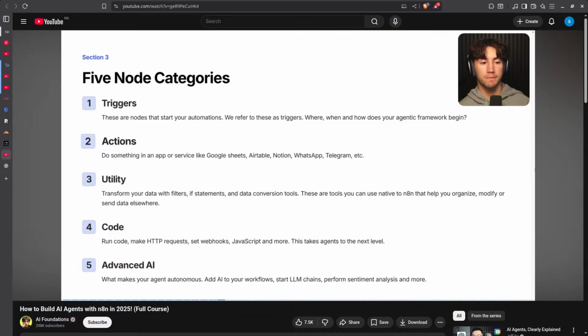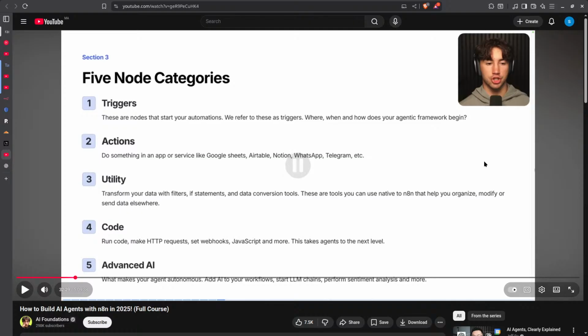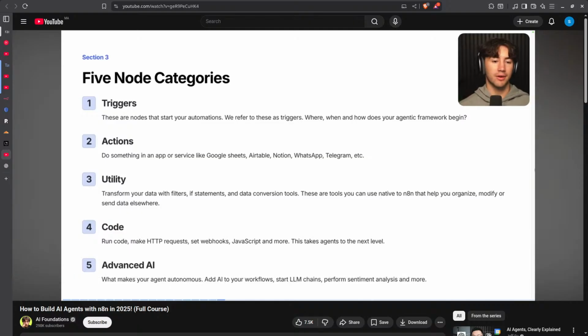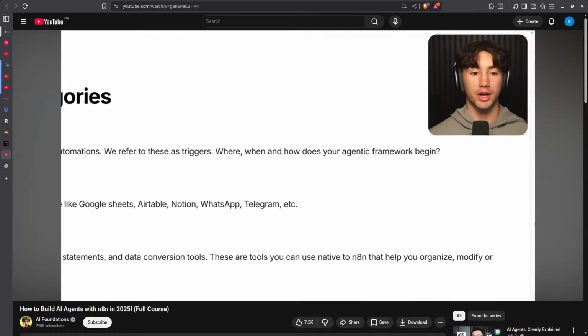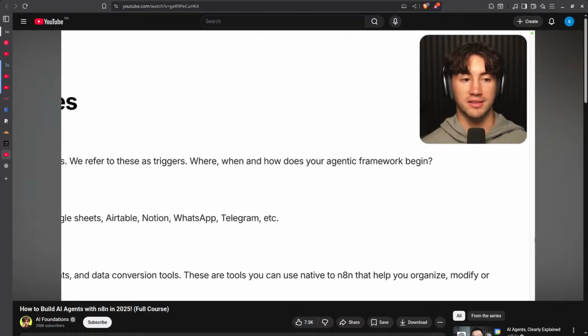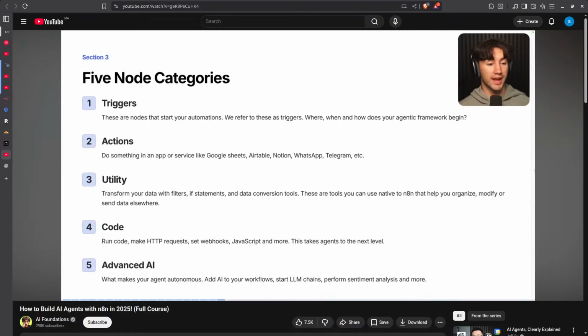Category number 2 is actions. Action nodes do something in an app or service. Think about it like Google Sheets, Airtable, Notion, WhatsApp, Telegram. Actions perform actions in applications. So if you want to create a new row in Google Sheets, you could actually put in an action node for that. Node category number 3,